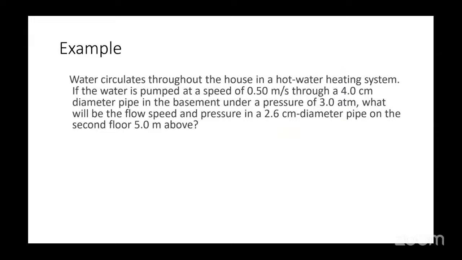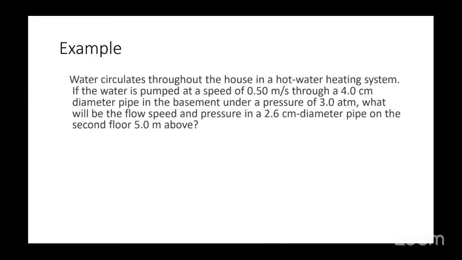If the water is pumped at a speed of 0.50 meter per second through a 4 cm diameter pipe in the basement under a pressure of 3 atmospheres, what will be the flow speed and pressure in a 2.6 cm diameter pipe on the second floor,